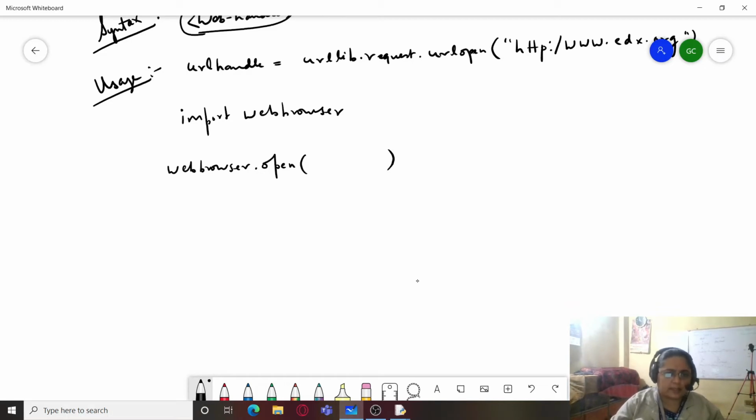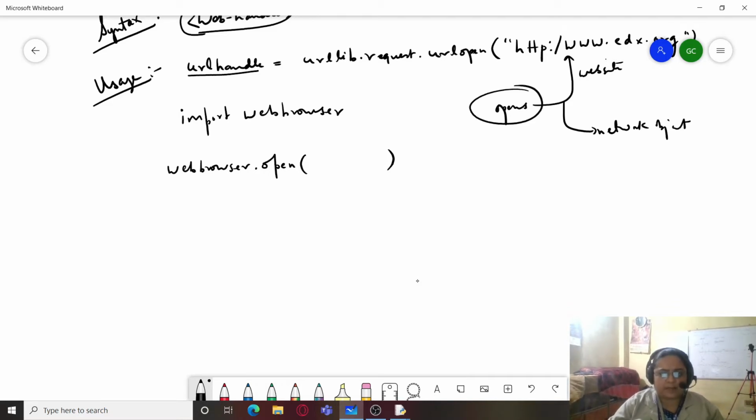This url_handle which I got opens a website or any network object. Because it already opens that website, it attaches a file-like identifier, which is this url_handle. But now I want certain things from there. I will write here url_handle.geturl.